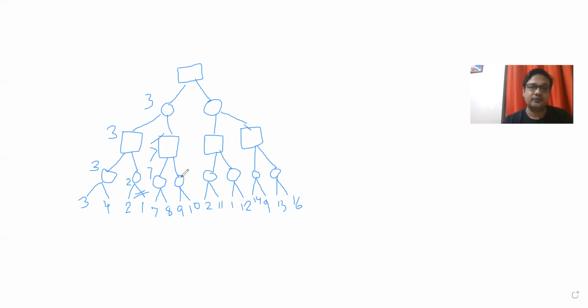If I come in this direction, so the beta value here, the min node, will be 9 here. If I check in this direction, if its value is greater than 10, there will be no effect here because its value will be minimum. If its value is less than 9, there will be some change. If it's 8, 8 will be here and its value will also be changed to 8. Okay, so that is fine.